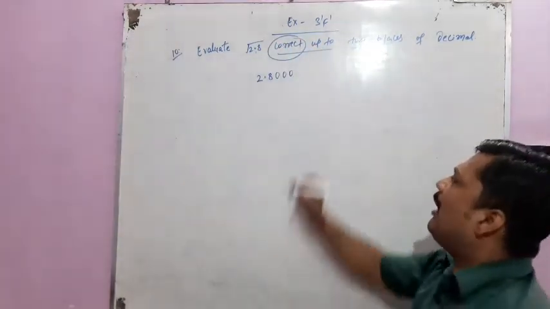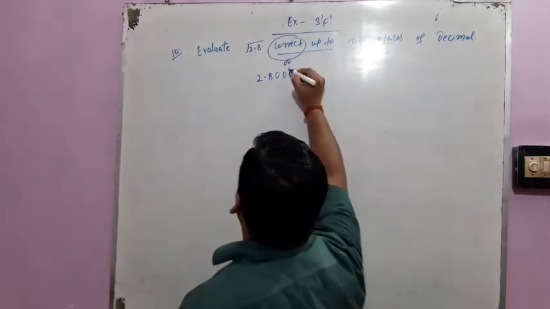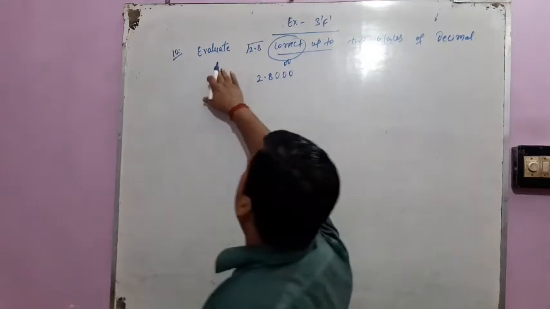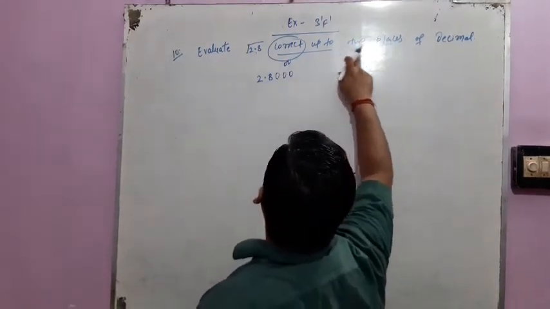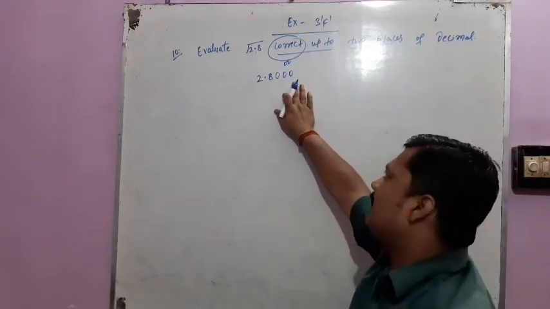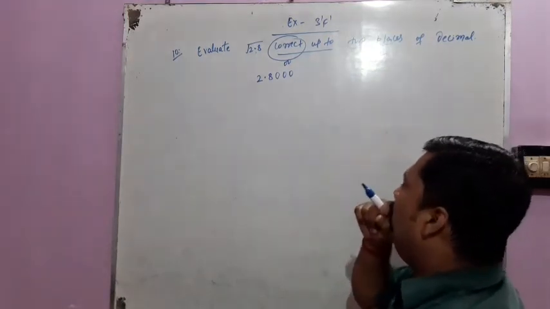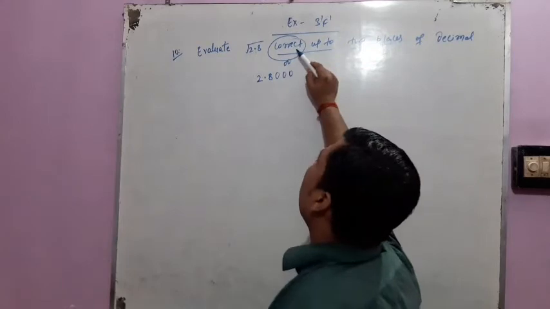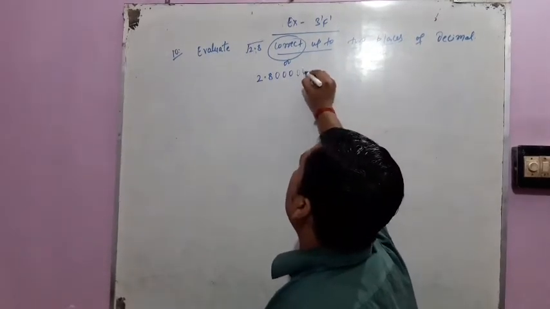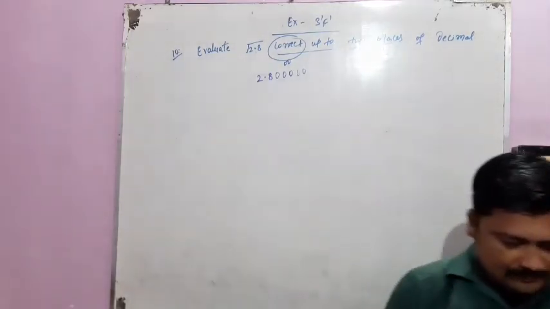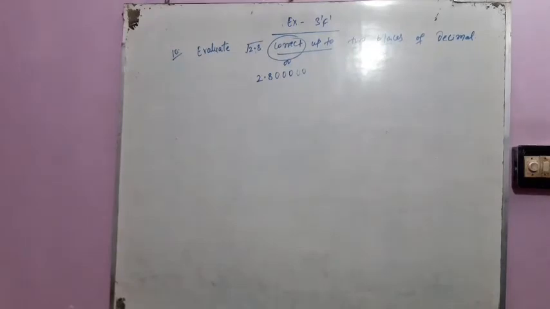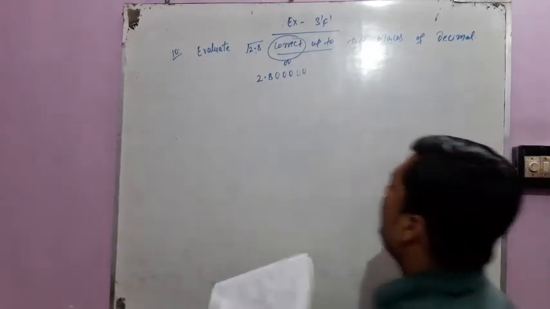Now, when this word is added in the question, you have to mark one more pair of zeros from our side. One more pair. Only if it is given that evaluate root 2.8 up to 2 places of decimal, then only we have to mark the 4 digits after the decimal. But when it is given correct up to 2 places of decimal, then we have to mark 2 more zeros from our side. Okay? Now look here.